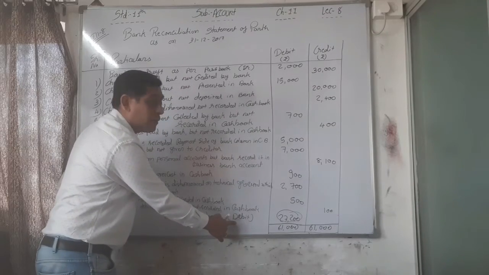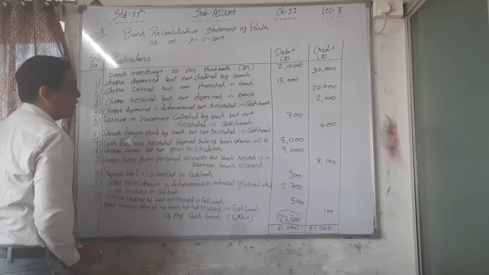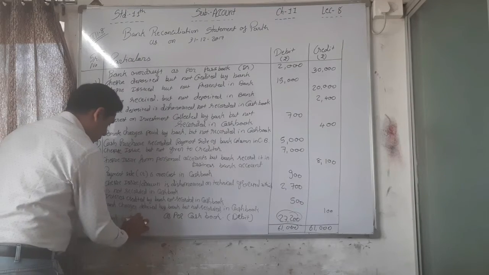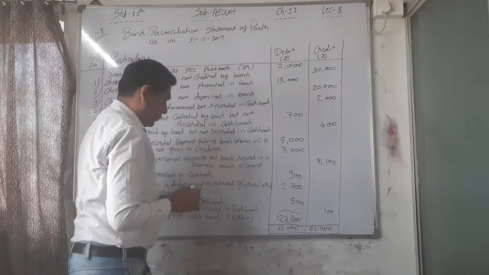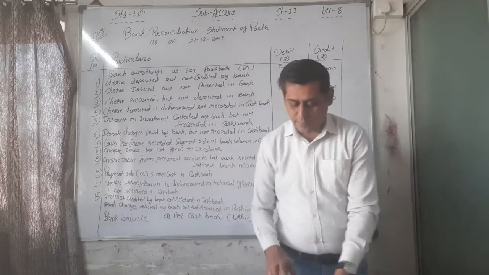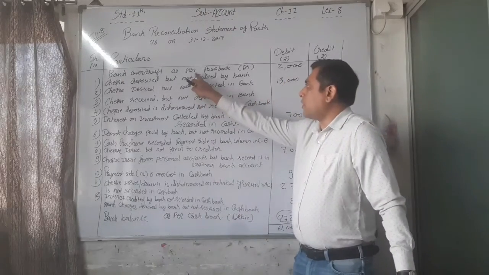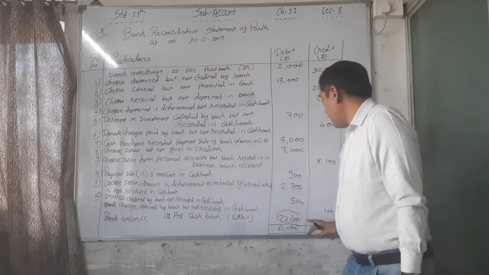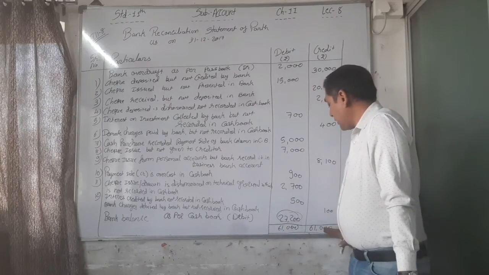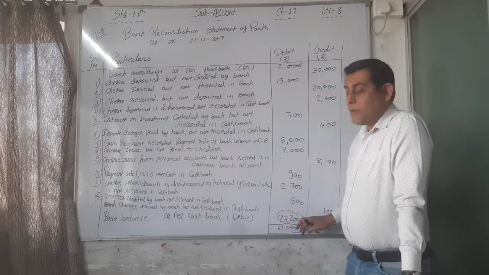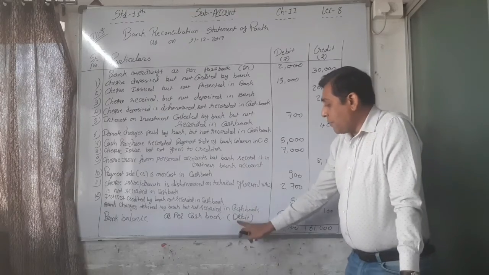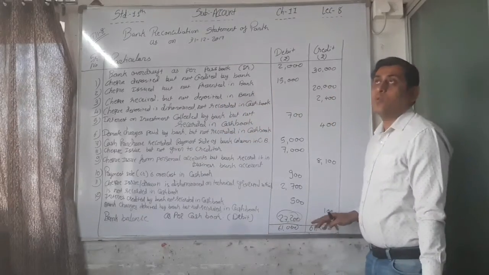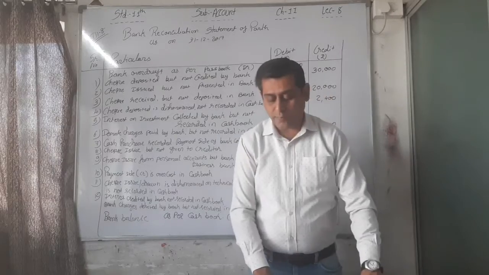That means bank balance. So here write down that bank balance as per cash book 27,200. See again I told you, whatever the starting point as per passbook, the ending point is as per cash book, right? Here the difference is on which side? The highest side total is credit side, so the difference is found on the debit side. So here we are writing debit. So debit as per cash book, that is bank balance. That's why bank balance as per cash book is 27,200. Okay, so here your sum is over.